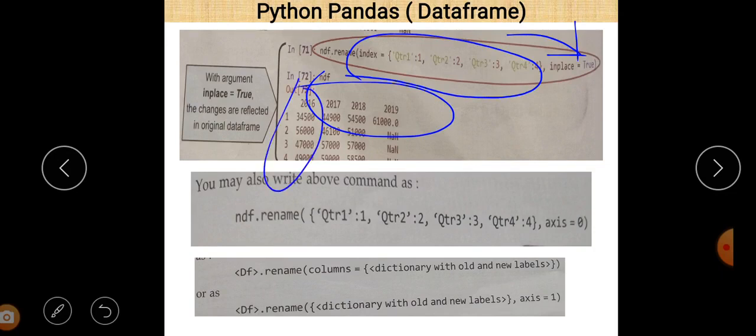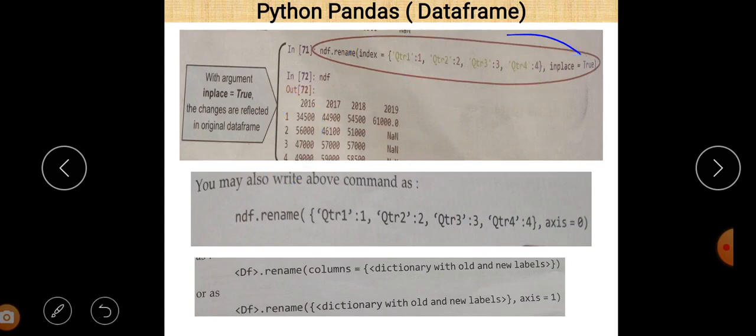Now you may also write the above command as NDF rename Q2R1, Q2R2, Q2R3, Q2R4 axis is equal to 0. Okay, so you can define axis also, and by default axis is 0, and if you want to change the axis, then we can write axis is equal to 1.